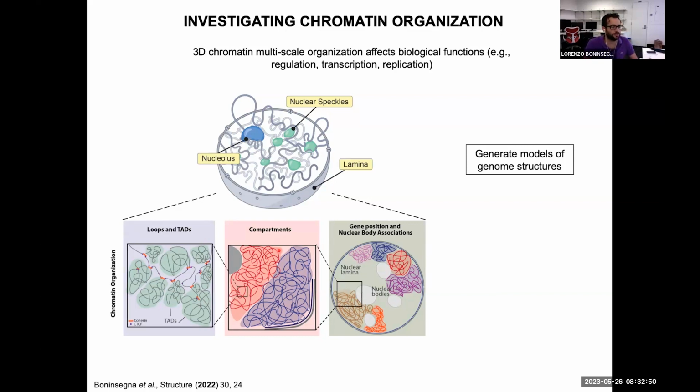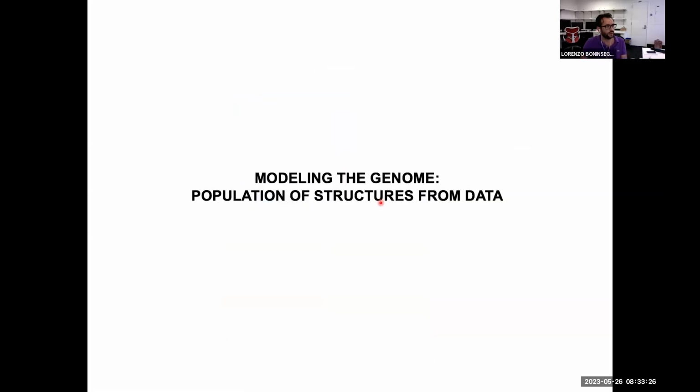And what we do in the lab, we adopt a computational approach to try to answer the following questions. So first of all, how can we generate accurate models for genome structure? And also later, how can we use those models to get a peek into the structure function relationship? So how a particular structural motif impacts and codes for biological function. And I will try to give a brief overview of both strategies here. So I'll start with